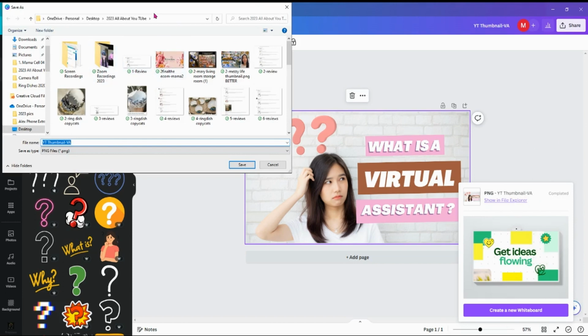and there you go. It will show the folder where I wanted it saved, and I have my title here, and just click save,